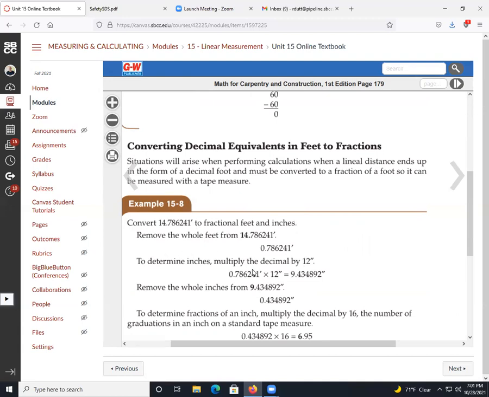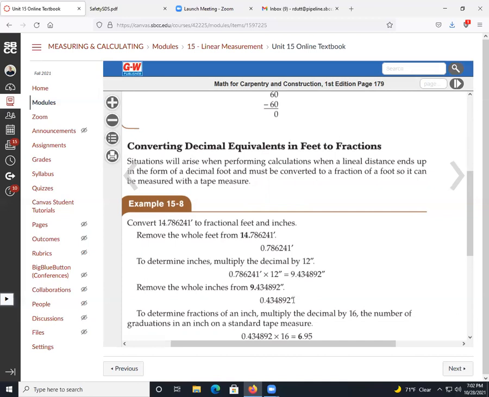What we need to find out is what 0.786241 foot represents in inches. And to do that, we just multiply the decimal by 12 inches. So the 0.786241 feet times 12 inches equals 9.43482 inches. So pull out the 9. So now you've got 14 feet 9,